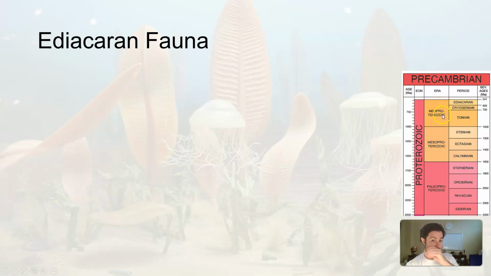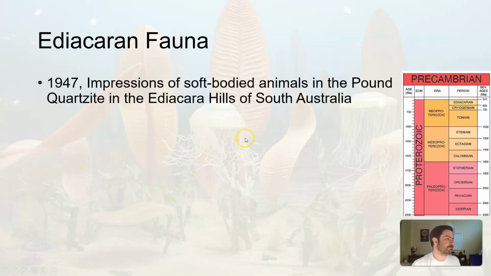And you've actually been looking at it the whole time in this lecture. It's all this stuff in this background. These soft body things, these soft body plants and jellyfish and these things floating around in the shallows of the ocean. So, in 1947, impressions of soft-bodied animals were found in the